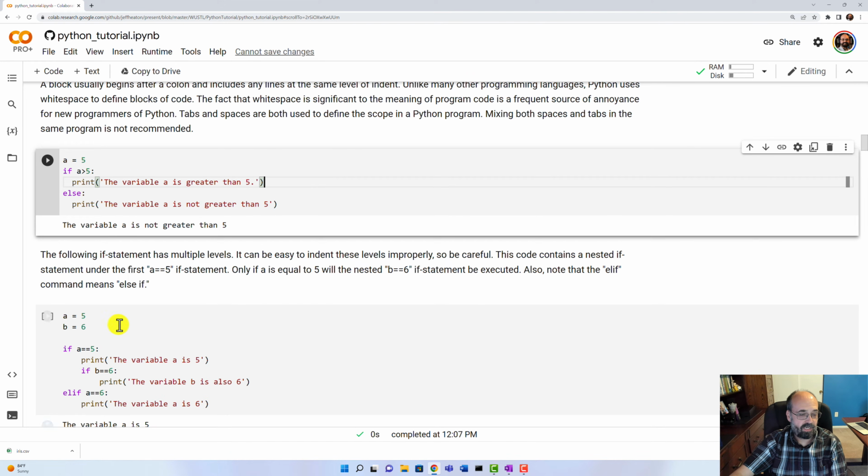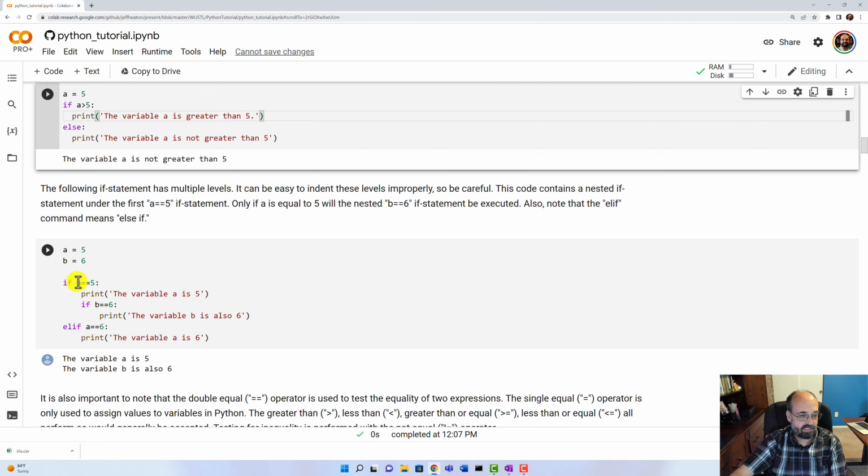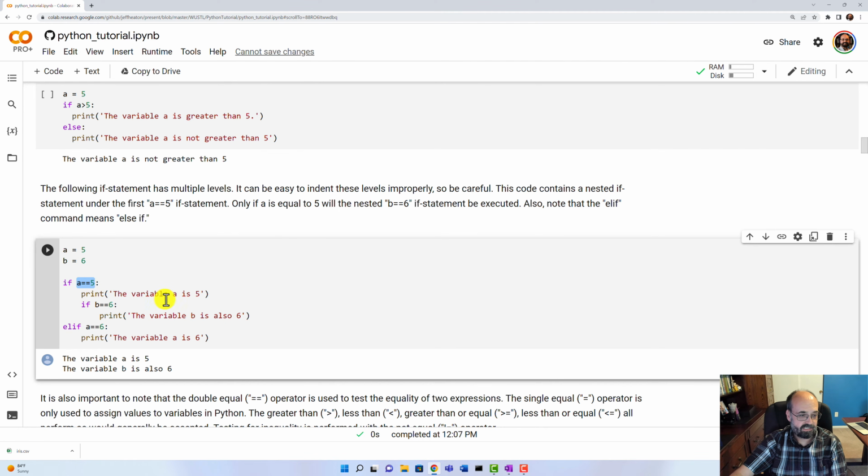If you do want to compare that something is exactly equal to something else, you do this, double equal. Be careful with double equal and floating point numbers, because sometimes due to rounding, it may not be exactly equal to 5. It might be 5.00001. So often you just do a subtraction with an absolute value. So if you wanted to compare this, you do absolute value, a - 5